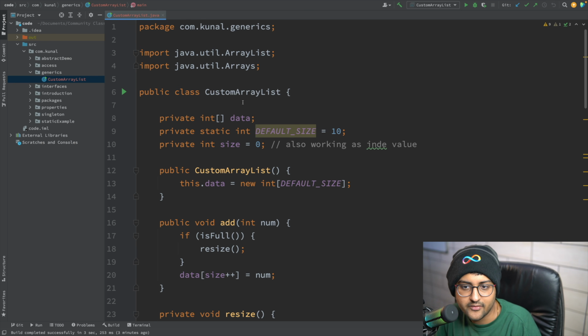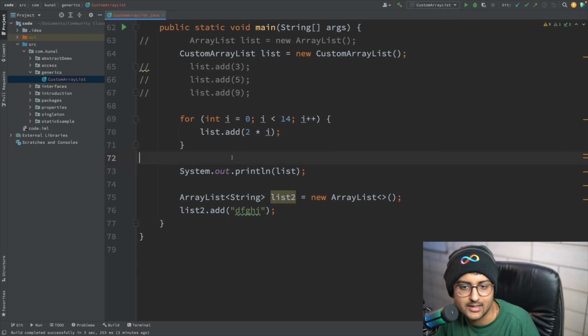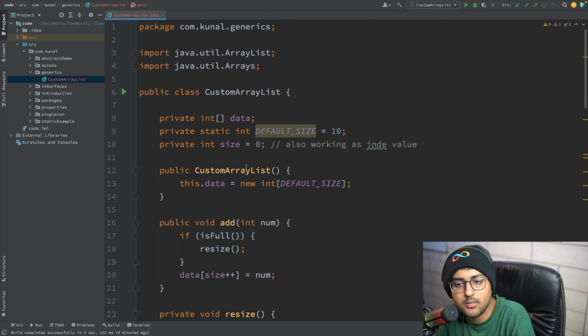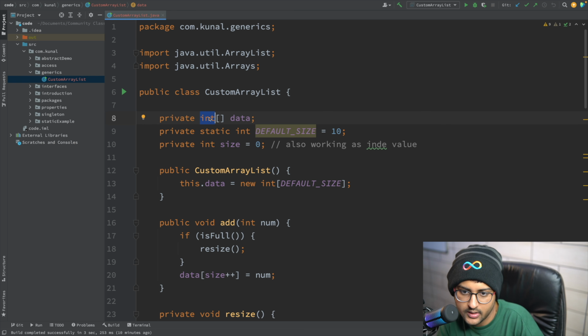So instead of just having a custom array list of integer, let's try to make it a custom array list of any single type that you want. Let's see. Okay, but before we move on to it, I want to share some use cases. The problem that I'm facing is I'm only able to create integer elements. I can't reuse this code for something like strings.